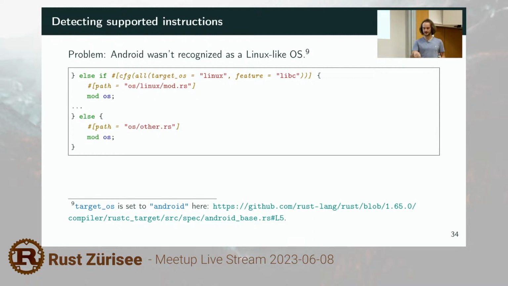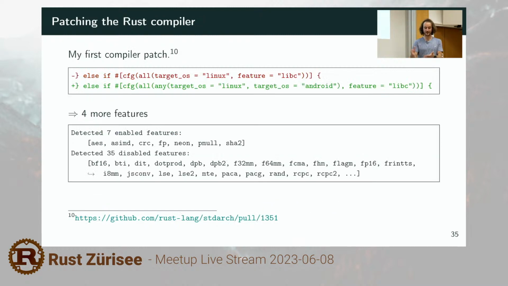And for Android, the target OS string is set to Android and not to Linux. So this block for Linux wasn't called. Instead, there was just a fallback at the end, which was not detecting anything because it cannot do any better. So that was the root cause of the problem,